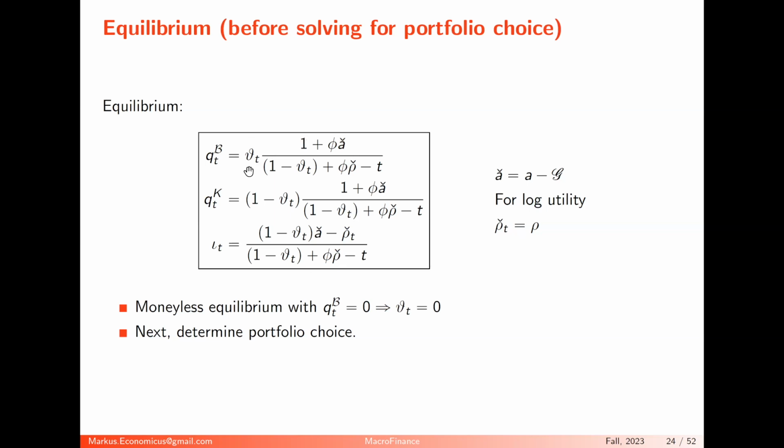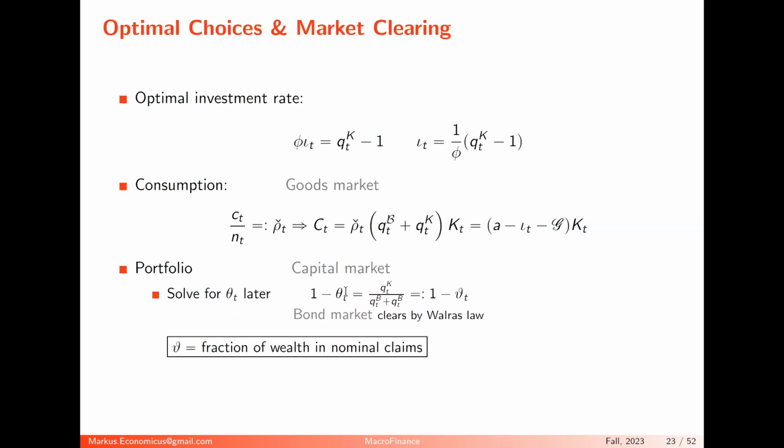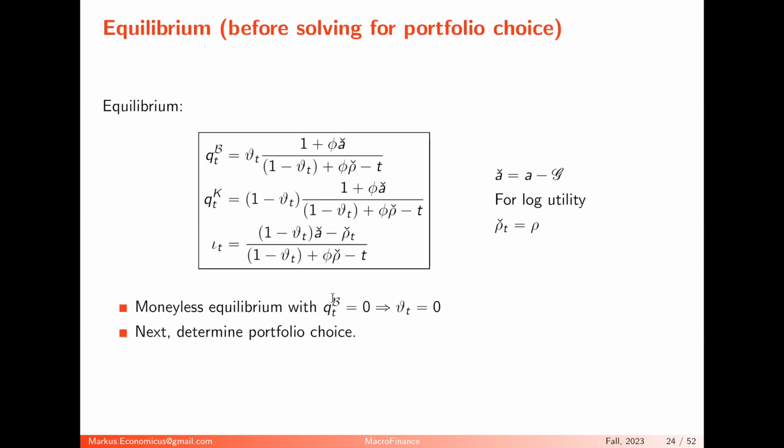But how was I cheating? I didn't solve the portfolio. I just said, if the portfolio is 1 minus theta, then this is capital market clearing, but I haven't solved it. But the beauty of this thing is, whatever your model setup, if you have 2, 3, or 10 sectors, this always holds. But now we have to solve the portfolio, and then we solve the whole thing. Put differently, this varTheta is not solved yet. So we have to solve varTheta, and then we have solved the whole model. But this holds very generically, so it's a very powerful thing.